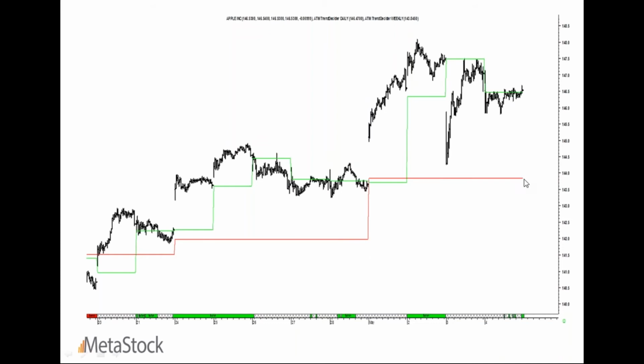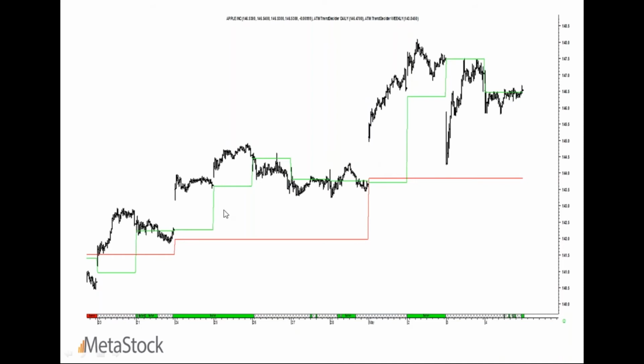And notice the red is going to update every week. So every Monday, you're going to get a new weekly level. Every day, you're going to get a new daily level. Likewise, every month or every first of the month, you're going to get a new monthly level. Now, if the green is above the red, you're really bullish. And the other thing you've got to make sure is if price is trading above both. So you might say, oh, the green dropped below the red here. Doesn't really matter because the price is trading above both. If price is above the daily level, price is above the weekly level, it continues to stay bullish.